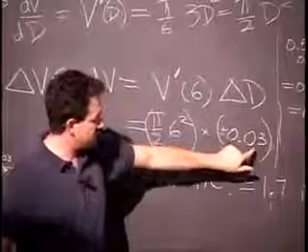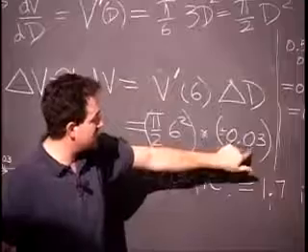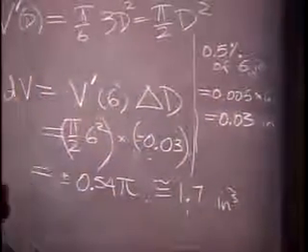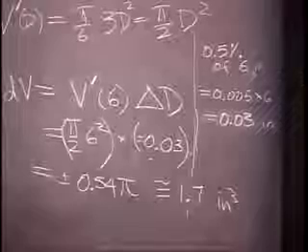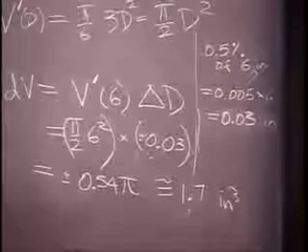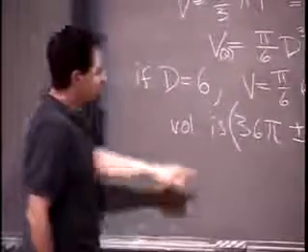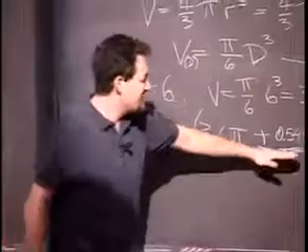The one thing I wanted to comment on is that to get that number, I had to convert the original percentage into the actual absolute answer. I still have not finished the problem because I'm supposed to work out what the percentage error is of this. Well, of course, if you know that the volume is 36 pi, the percentage error